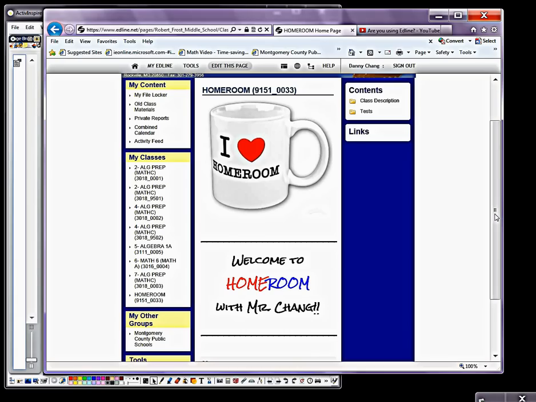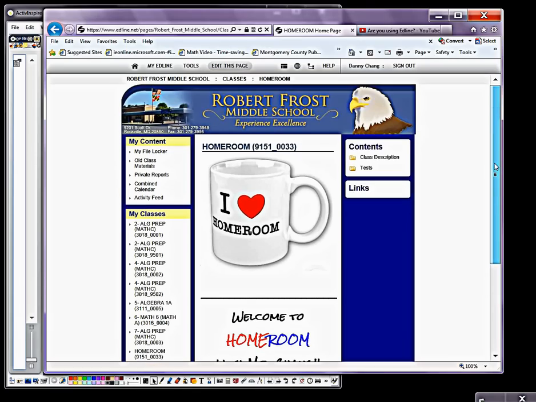So now what I'm going to do is put in a folder where I could put my class notes in. Typically I would do that for all my other classes, my Algebra Prep, my Algebra Math 6. Homeroom, we don't take notes, but I'm just going to show you how you can do that. And in order to do that, I'm just going to hover my mouse right where it says Contents, and you see two little icons here. And what I'm going to do is edit it, and in order to do that I'm going to click the button with that pencil,